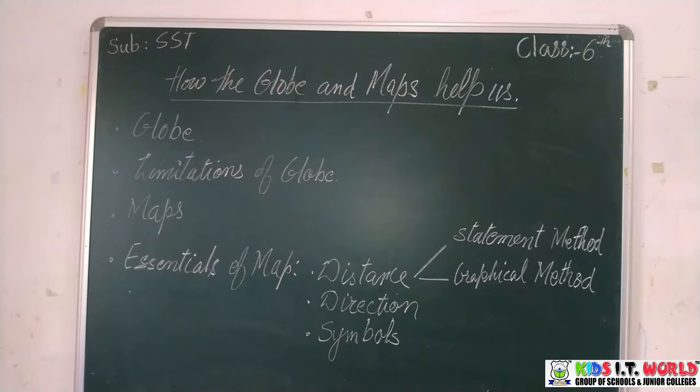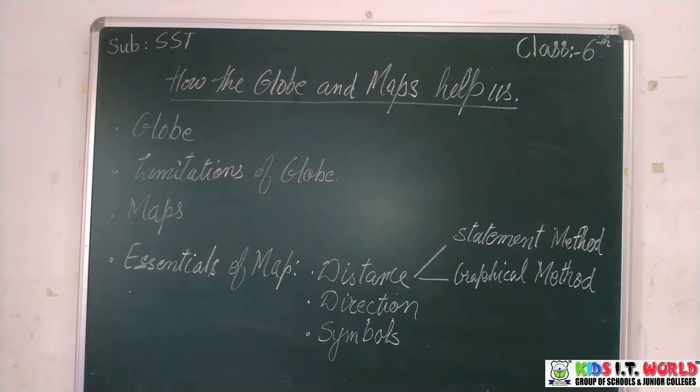Scale is an important device to depict the reduced distance on paper. Scale is a ratio of proportion between the actual distance between 2 points on the ground and the same distance shown on the map. There are two principal methods of showing the scale on a map. First is the statement method, second is the graphical method.